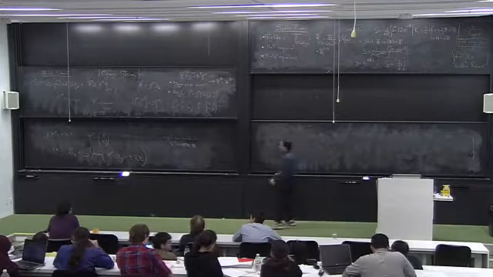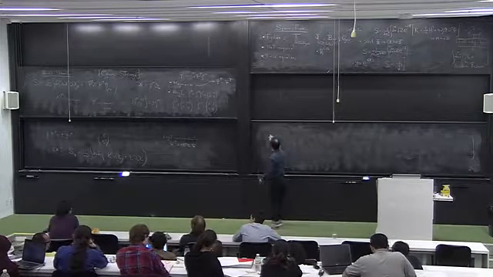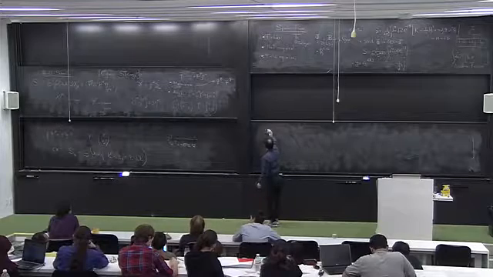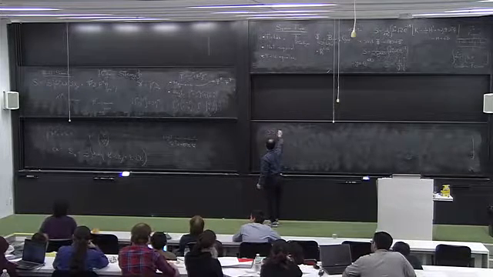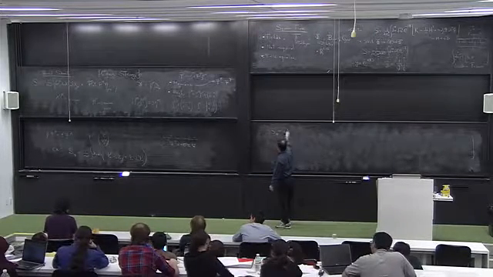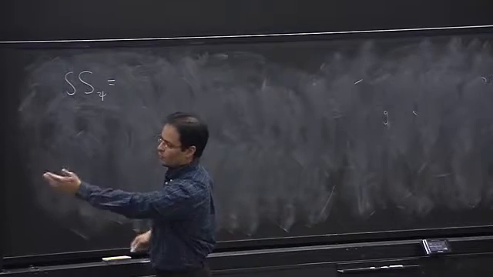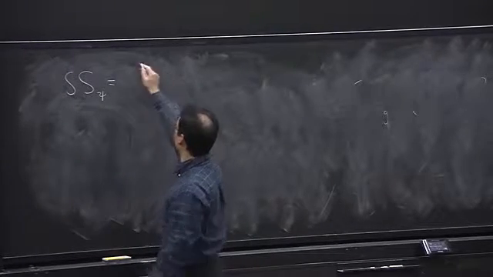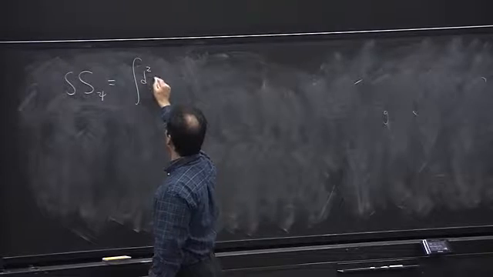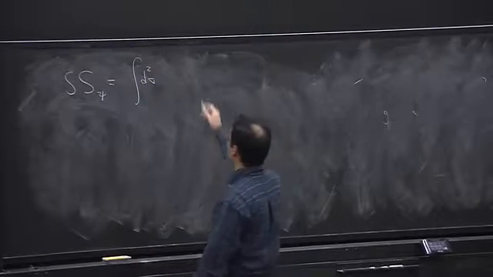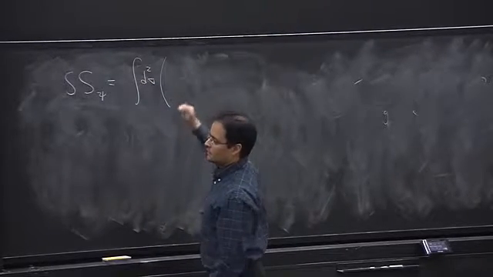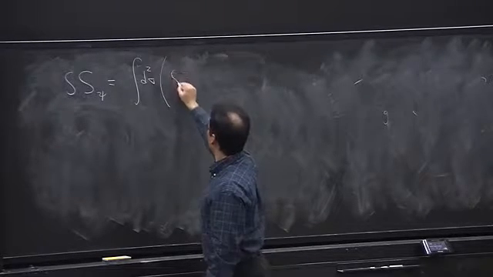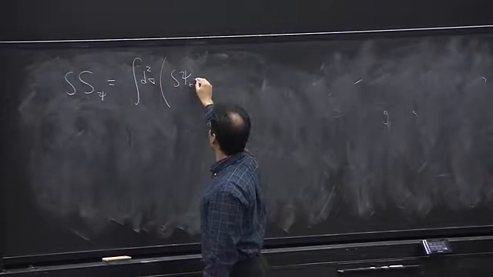So let's vary our action. Let's not worry about the 1 over 2 pi alpha prime. And we have the variation of this derivative,